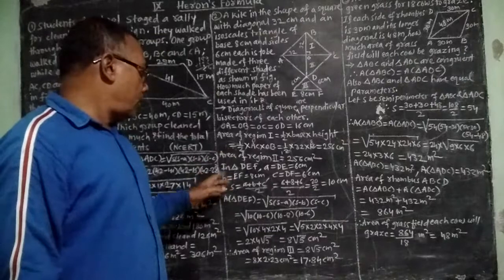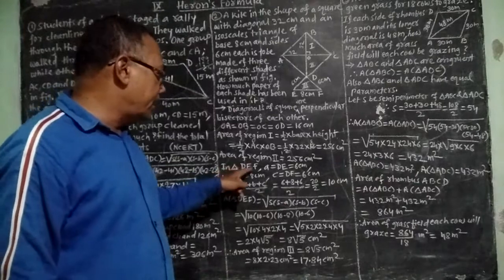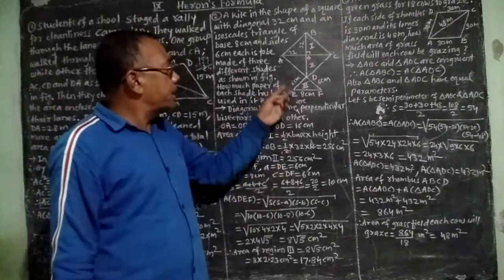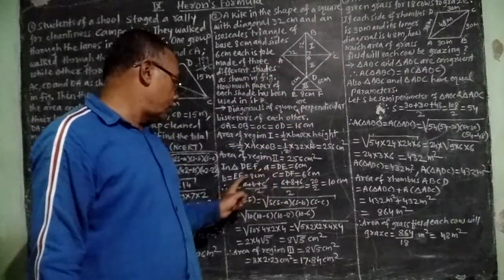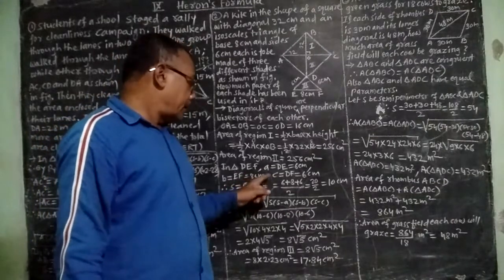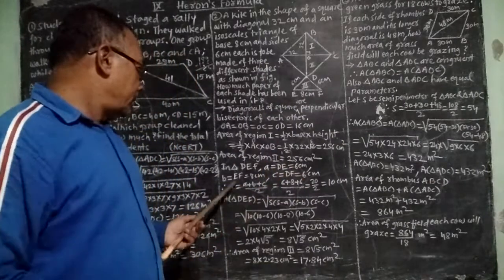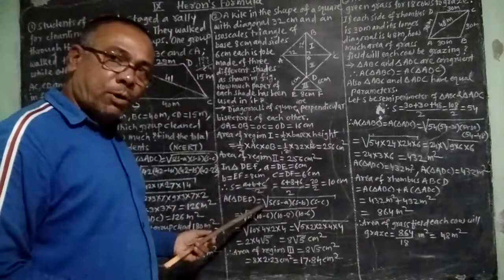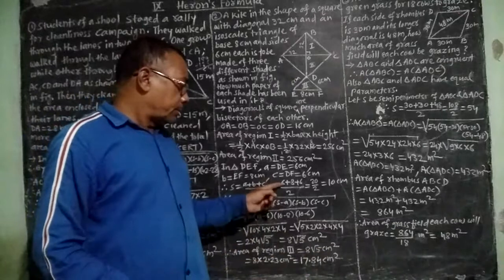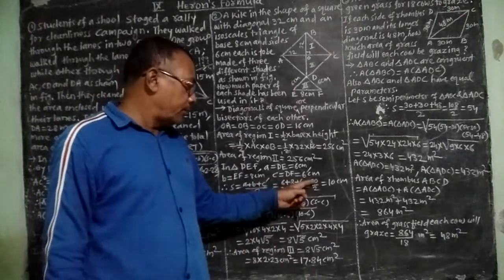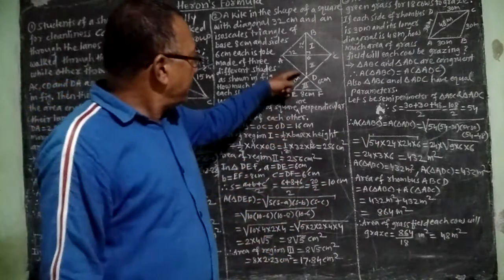Now we have a triangle, means to find the area of region 3, that is area of the triangle DEF, a is equal to DE, b is equal to EF, and that is equal to 8 centimeter, and c is equal to DF, that is equal to 6 centimeter. Here s is equal to a plus b plus c upon 2, and that is equal to 6 plus 8 plus 6 upon 2. Here 6 plus 8 is 14, 14 plus 6 is 20, 20 upon 2 is equal to 10 centimeter. So that is the semi perimeter of the triangle DEF.